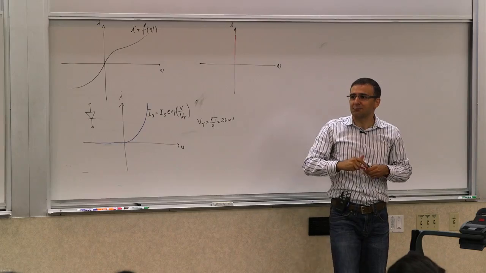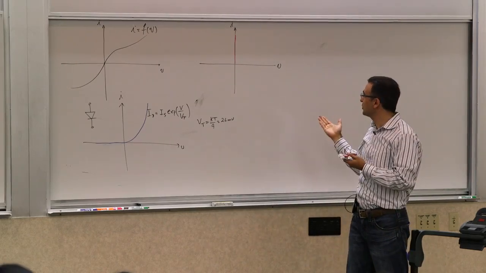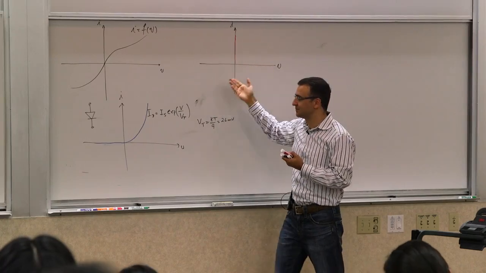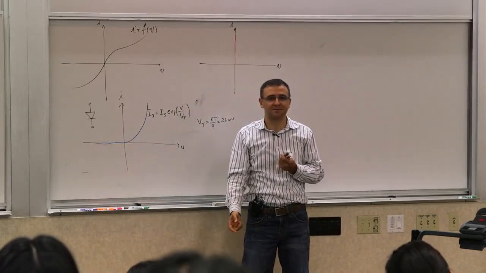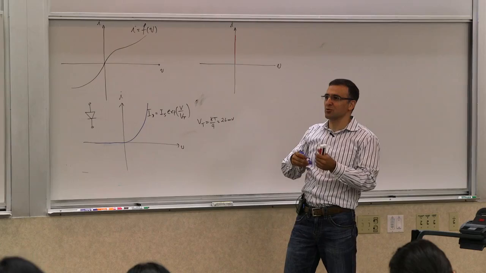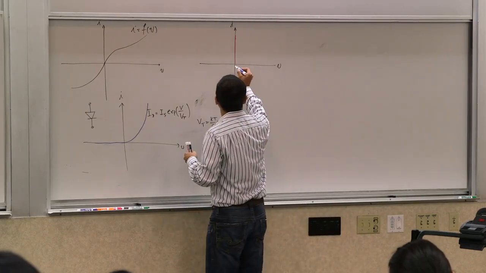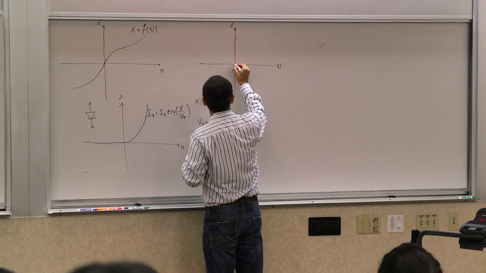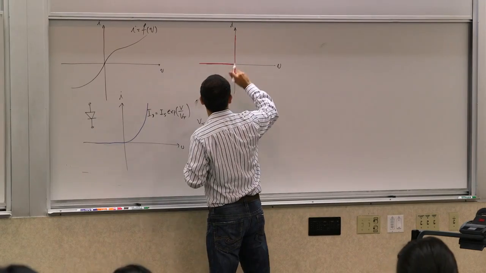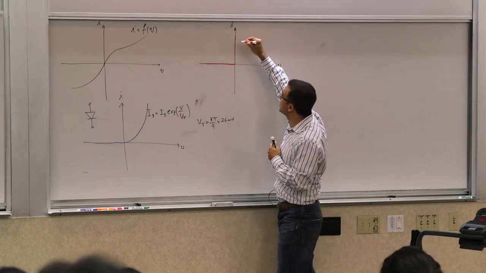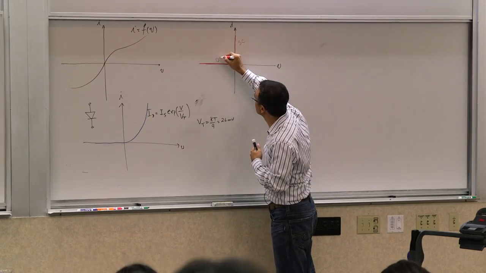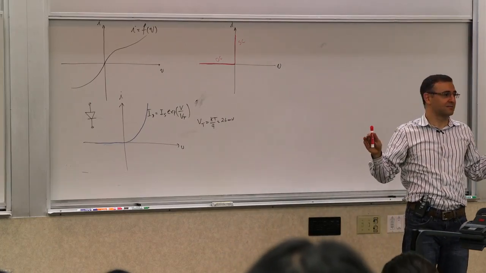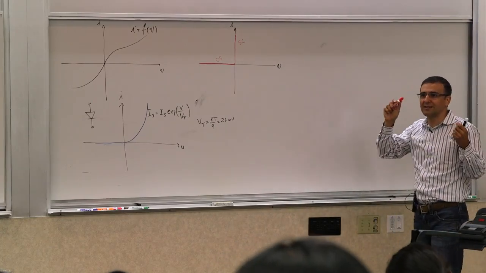All right, but that's not the whole thing, because that doesn't show the full functionality. What happens here? How do we capture this part of it? So you have a current source of 0 value, essentially. So this is an open circuit, right? This half is an open circuit, and this half is a short circuit. This is really as ideal as you can make it. So it's the perfect one-way